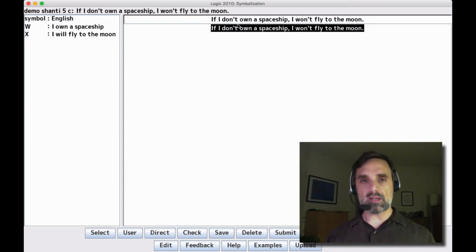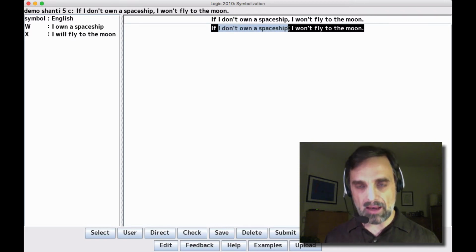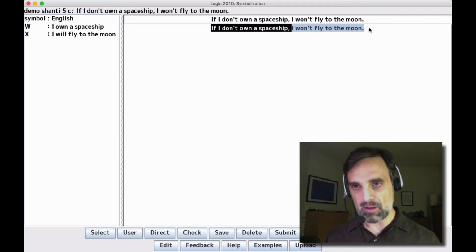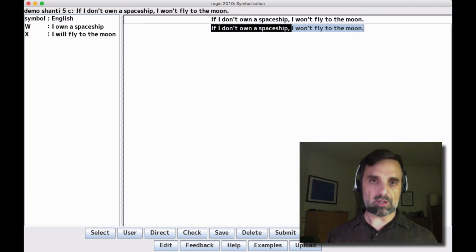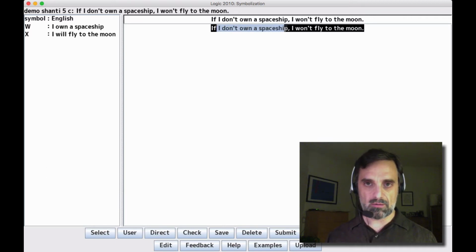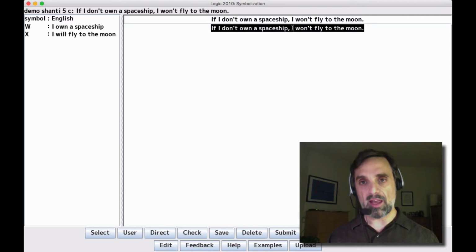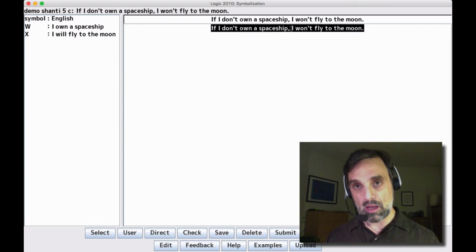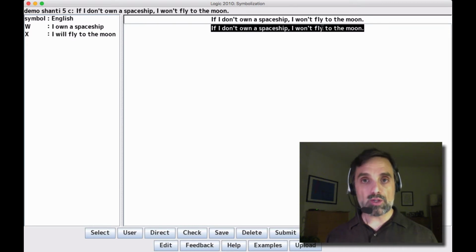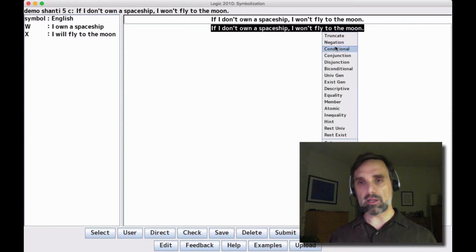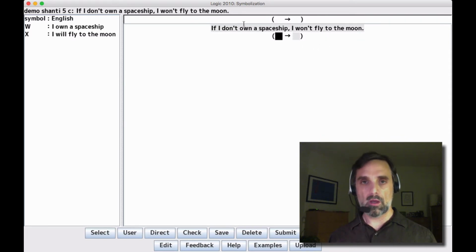So this is a conditional, and it's an if hooked onto that, and the rest of it is the consequent there. So we want to say this is a conditional. It's if this, I don't own a spaceship, then that, I won't fly to the moon. So let's say it's a conditional. We'll put in